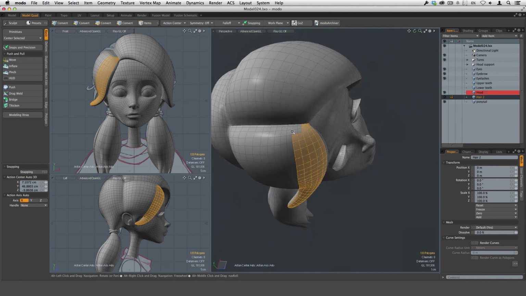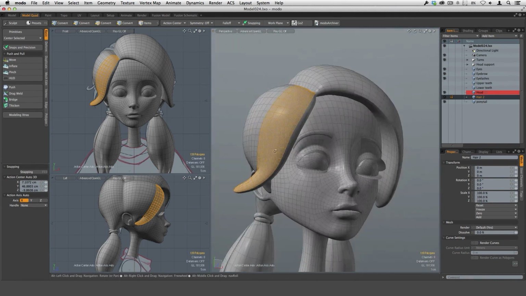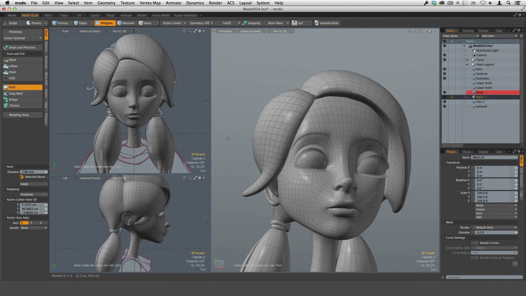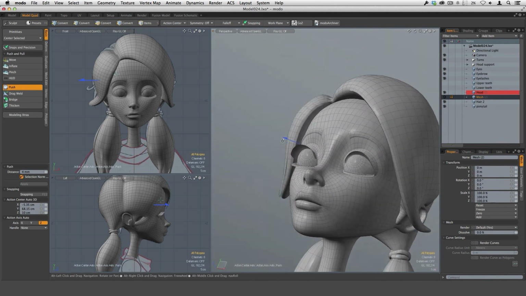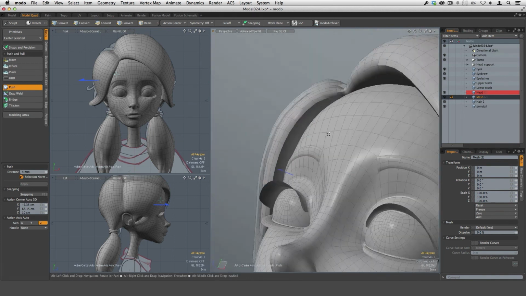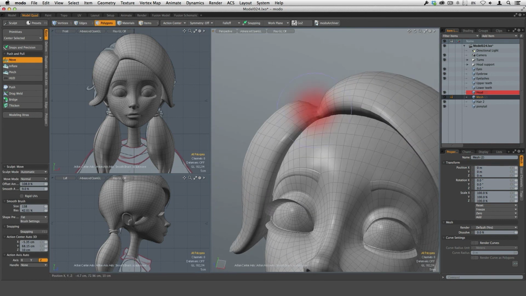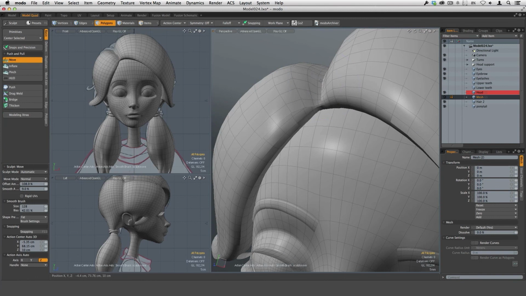Just what we think is going to be a nice shape. Okay? Something like that. And these are going to be supporting geometric features. So let's copy those, new mesh layer, and then paste. And again, we're going to use our push tool to push that geometry away from our base mesh. Then we can use our move tool, and I want to tuck these down, especially